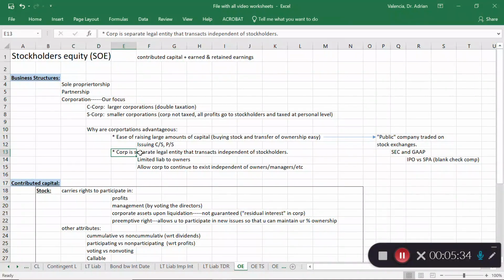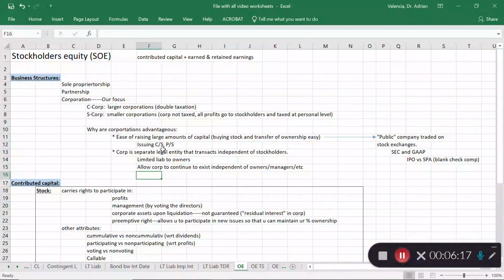If for some reason something occurs and the corporation is sued, well, the corporation can lose up to the amount in that corporation, not necessarily additional amounts, for example, other things owned by the owners. So as an investor, you're limited to your investment in terms of your potential liability. And that's a big thing. In a sole proprietorship, that might be harder, because if the business gets sued, you as the sole proprietor might also be liable apart from the assets that the business owns. With the corporation, the amount that can be lost is up to your investment. That's it.